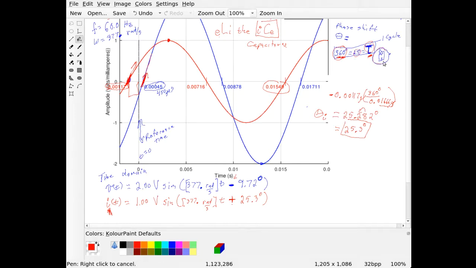It's one complete rotation of our magnet inside of our generator, and that is where this conversion goes. Another way of looking at it is that one complete cycle takes 16.66 milliseconds, or 0.01666 seconds,